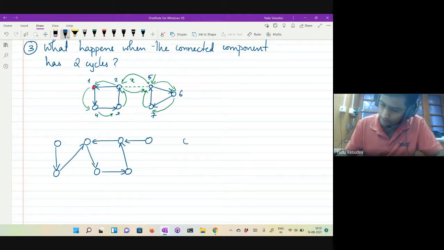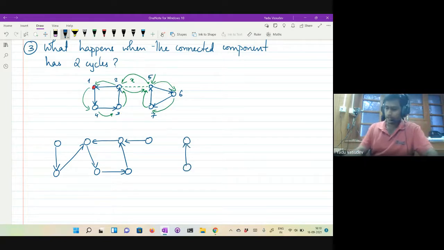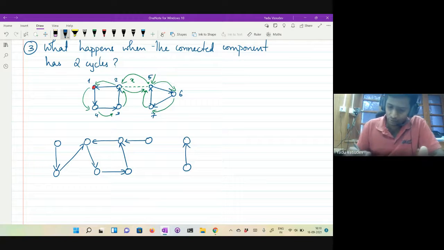So I hope this figure is clear, right? What it means is that you have an element here whose second choice is here in this vertex. So let me just name this 1, 2, 3, 4, 5, 6, 7, 8, and 9, right?